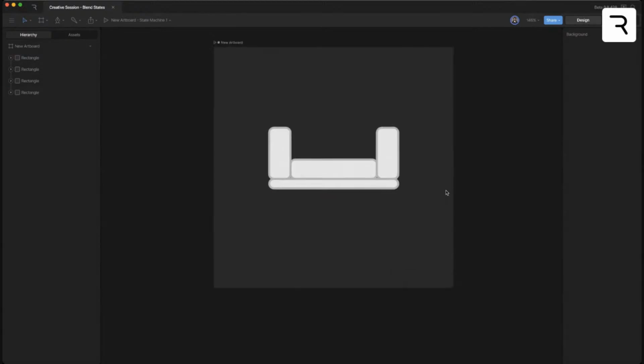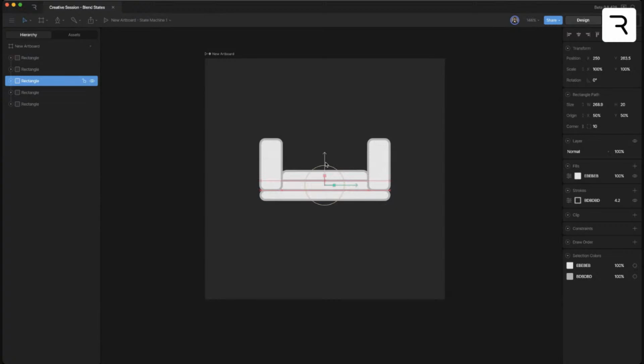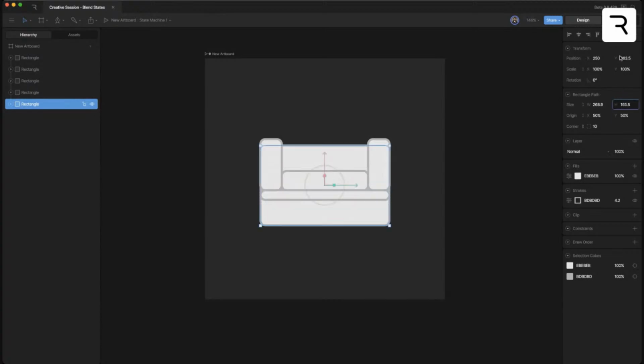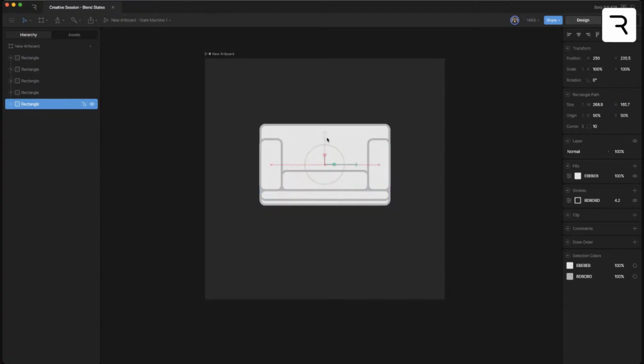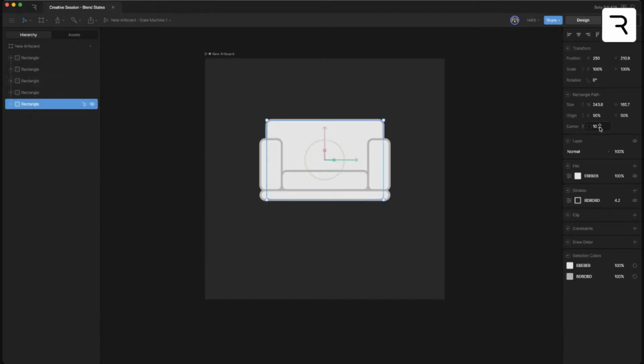So this is like our seat cushion, our armrests. We'll duplicate one of these for the back here. Oops, the height. And one thing to note is I'm adjusting all of these shapes using the width and height. I'm not doing any scaling right now. So this is something to keep in mind